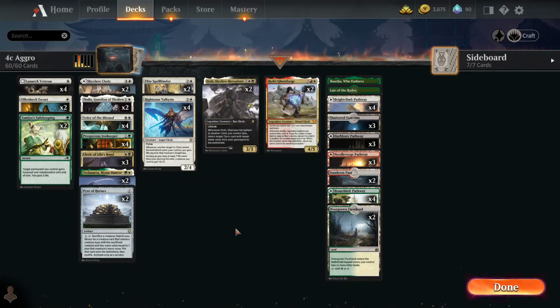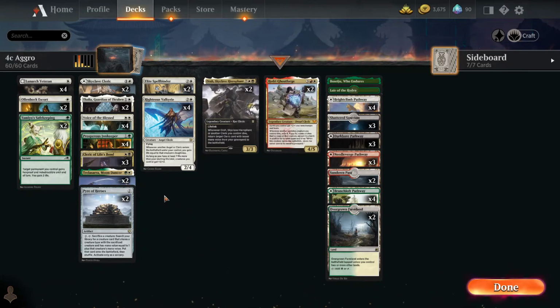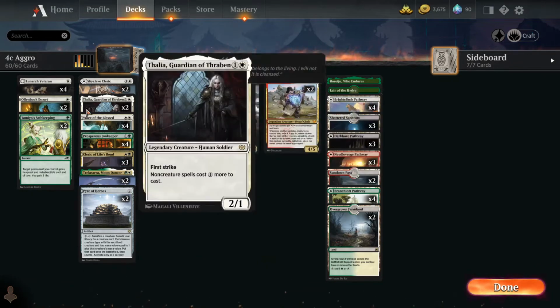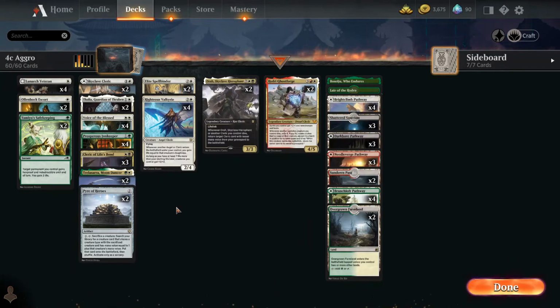So what seemed bad about this deck was there was a lot of potential for you to not get one of the cards that you kind of need to explode. I mean, there's a bunch of them in here. You know, Cleric of Lifespawn, the Moon Dancer, Voice of the Blessed. You know, altogether, what is that? That's 7, 8, 9. Those guys are great, and 9 is a lot, and you should be able to get